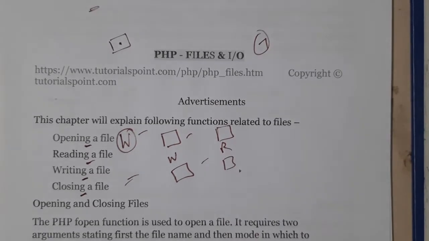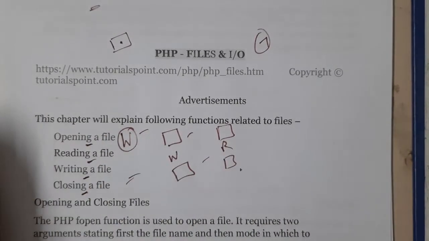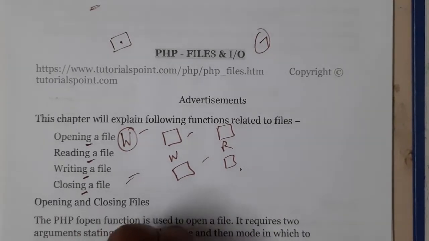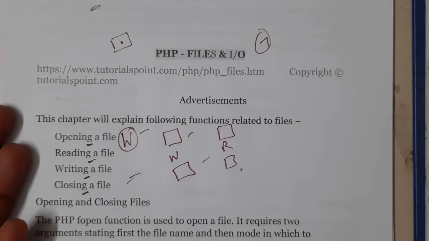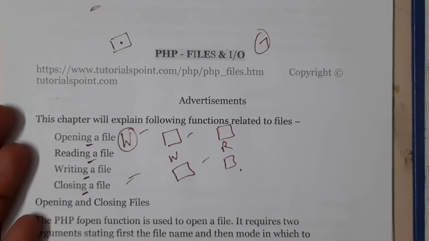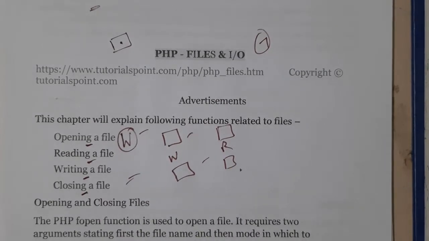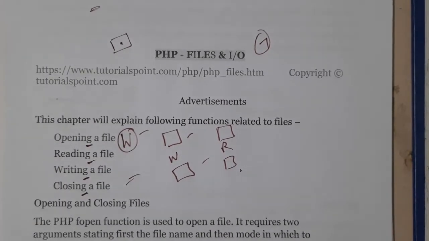Even with your normal books, guys. You need to open them, right? To start reading, you cannot read from the cover or the front page. You need to open it, read it, and after that you cannot leave all the books in the open state for a long time. You need to close them. Once you are done reading, you will be closing them. So these are the four operations.